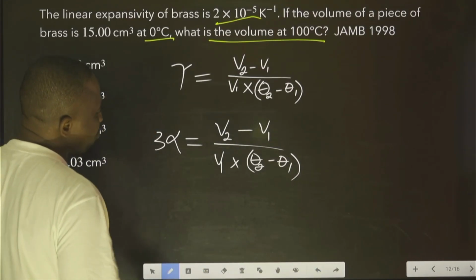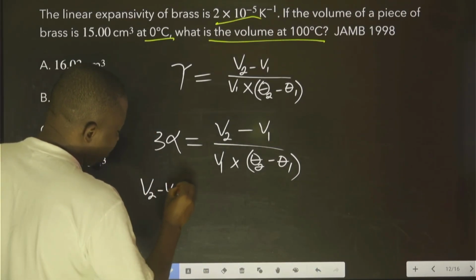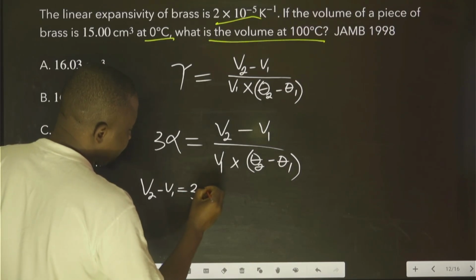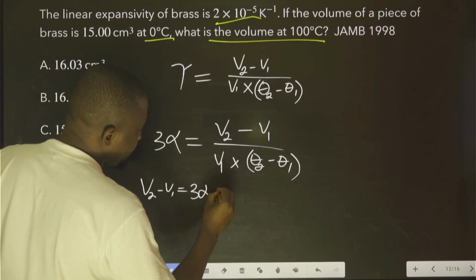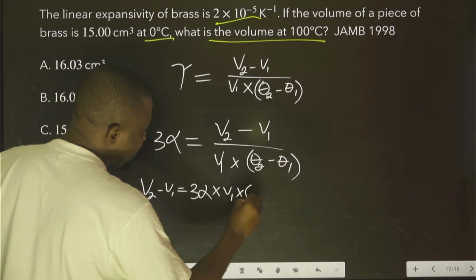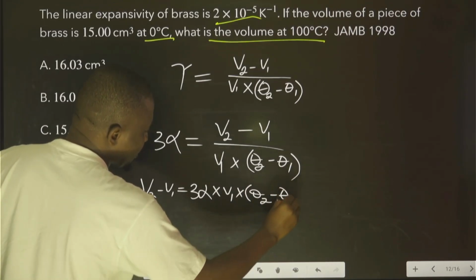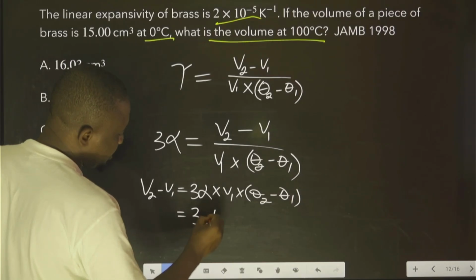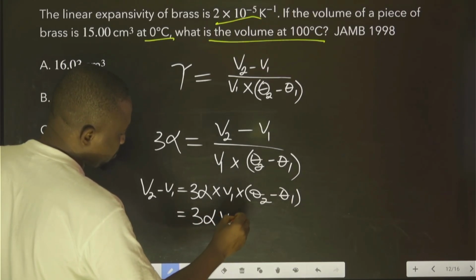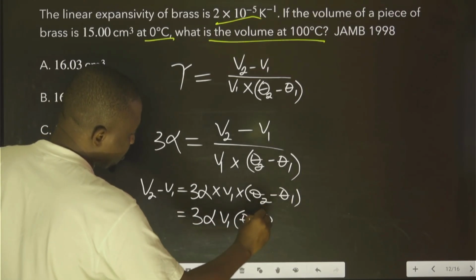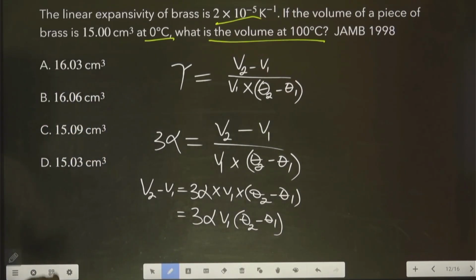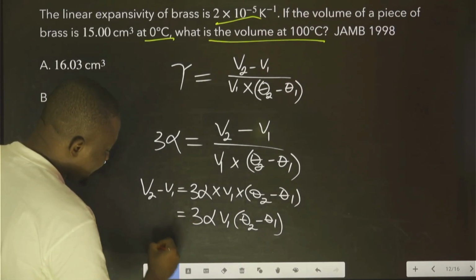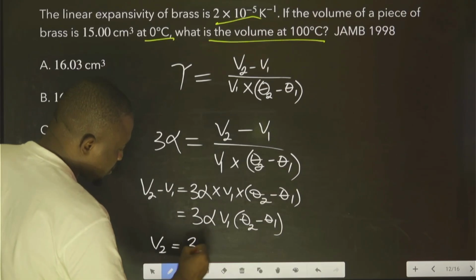Okay? That is to say, V2 minus V1 is equal to 3 this times V1 times this. Okay? Which is equal to 3 this V1 this. Now, you agree with me that V2 now is equal to